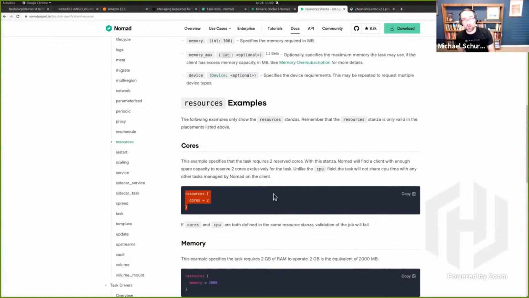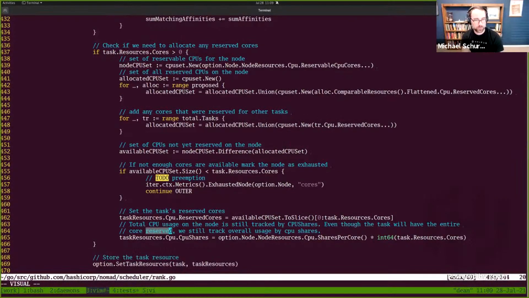One important thing to note with CPU cores is that, like specifying megahertz, it is a soft limit by default. So if you specify 2 cores, but it gets scheduled on a server that has 2 other cores idle, your task may use up to 4 cores. So by default, CPU just tries to use as many idle resources as there are. And so you can think of both cores and CPU in megahertz as kind of like the lower bound for resources that your task will ever get. So anyway, let's see if I can show it in action here.